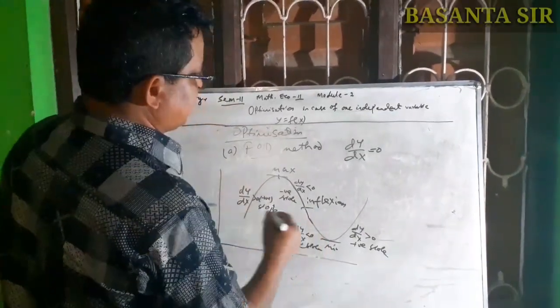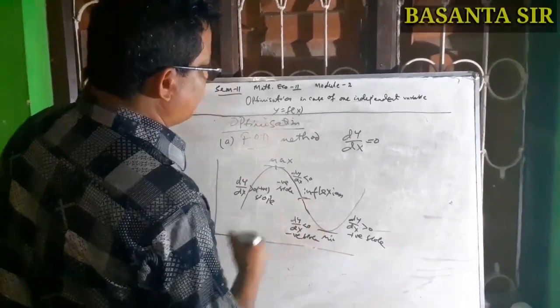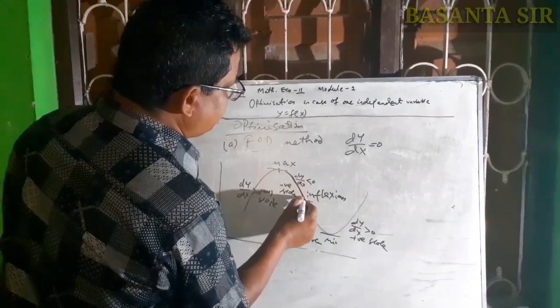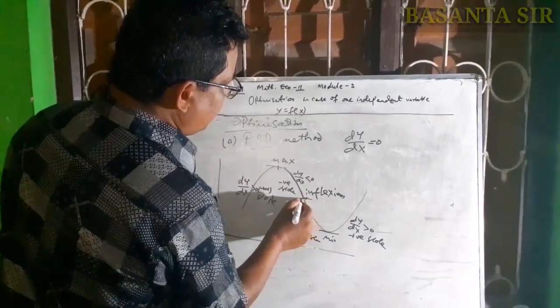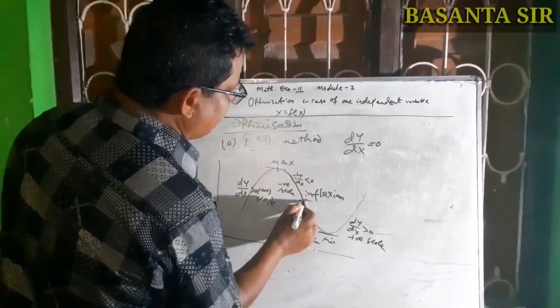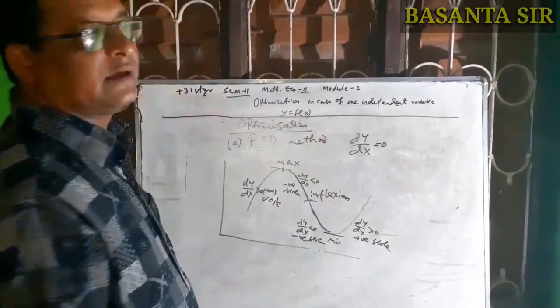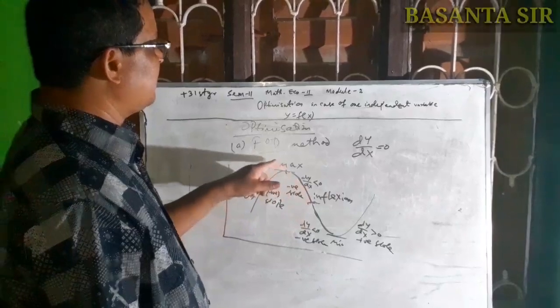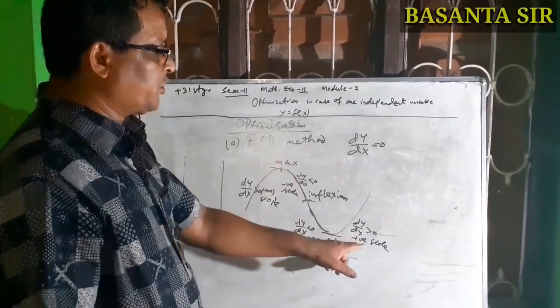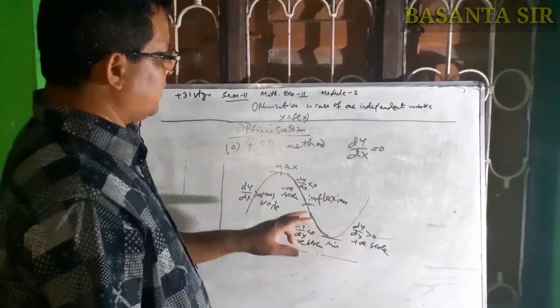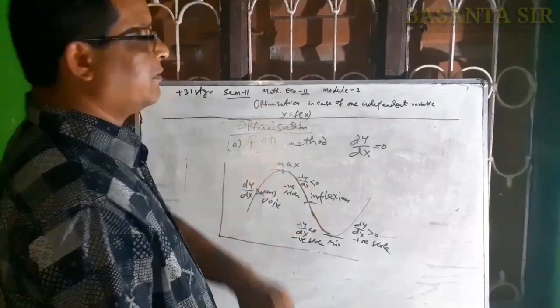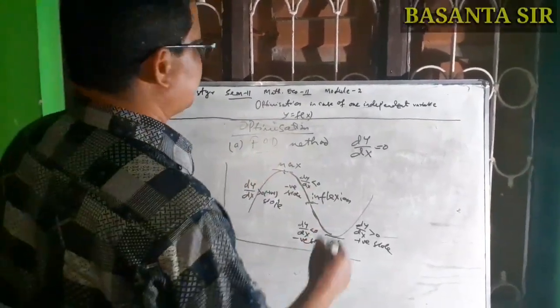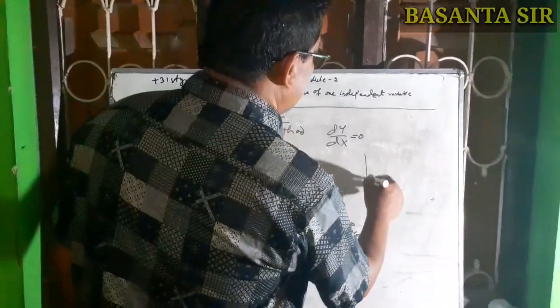But look at this. This point is inflection because we find the function is falling up to that point, and after that point it is also falling. So what we conclude is that positive to negative is maximum, negative to positive is minimum, but negative to negative we find the point of inflection. We can summarize like this: